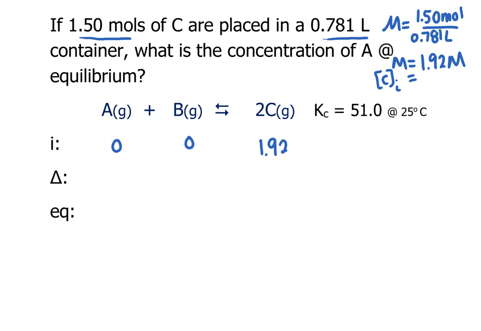So it's kind of just written backwards, but I'm starting with my product, and it is going to react to the left to get me some equilibrium concentrations. So it kind of changes how I set this up. The change will be here, I'm going to be losing some, and I could say minus x, but then that kind of complicates what to do with these. So I'm going to stick with our general pattern of using this to say minus 2x here, and that way I know that for every 2 moles of this, I'm going to gain 1 of that and 1 of that. So again, just using the coefficients to get those numbers in front of the x. Then at equilibrium,